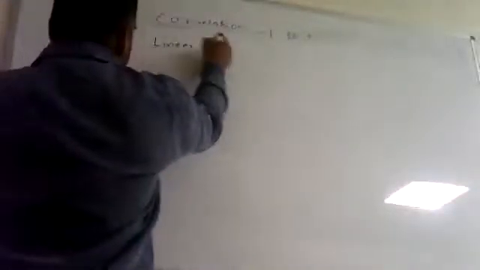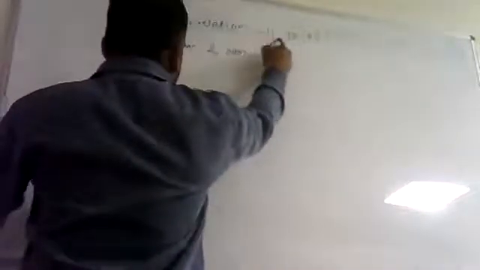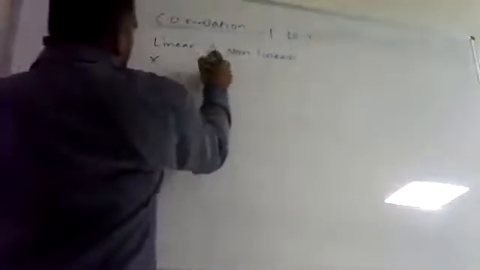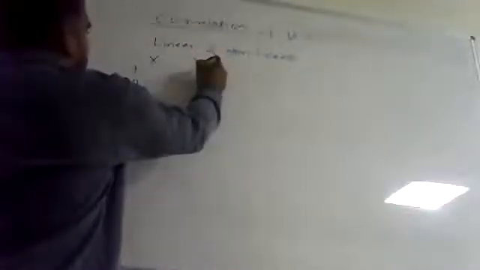What is linear relationship and non-linear relationship? Suppose there are two variables, x and y. For the x variable, we are having suppose 5 observations, 1, 2, 3, 4, 5, and the same 5 observations are for the y variable. Both the variables are having 5 observations.